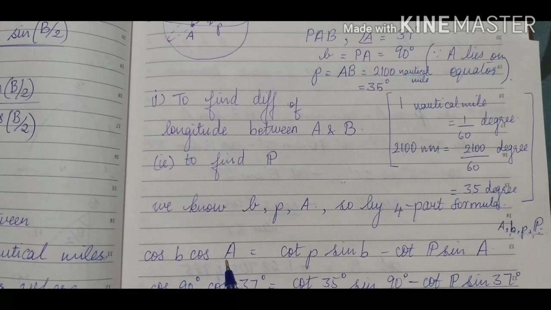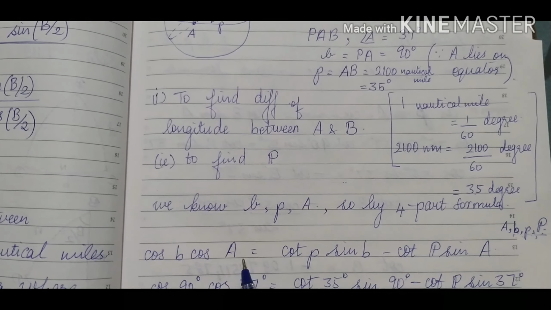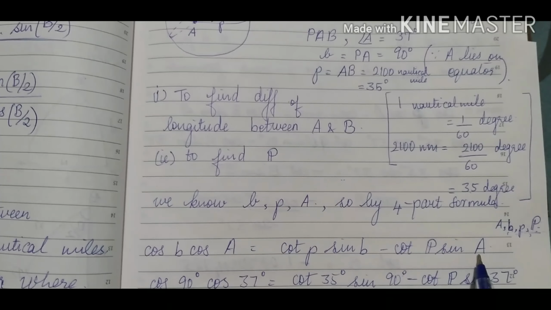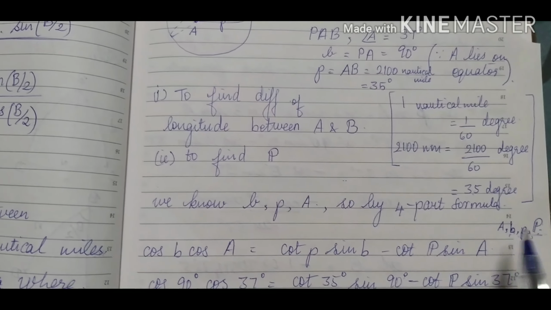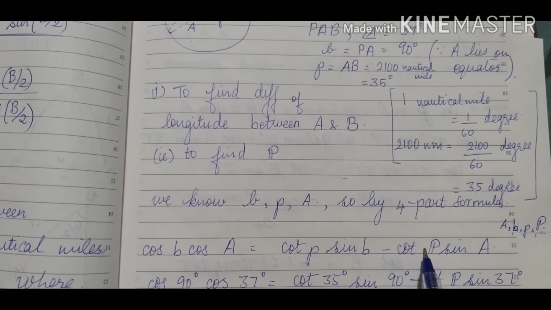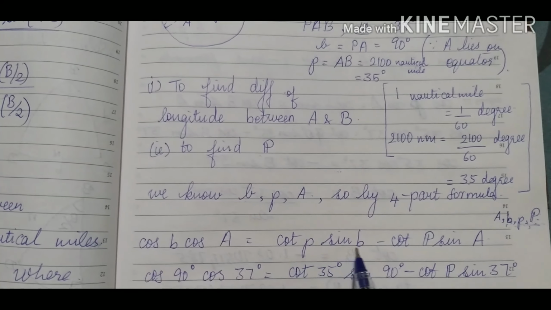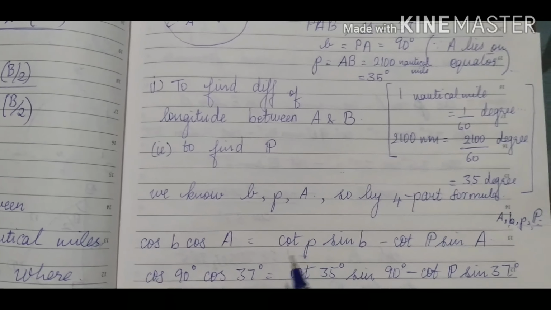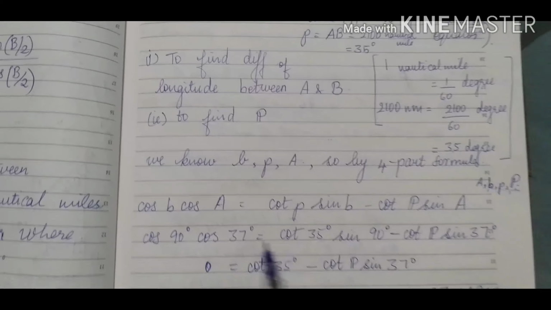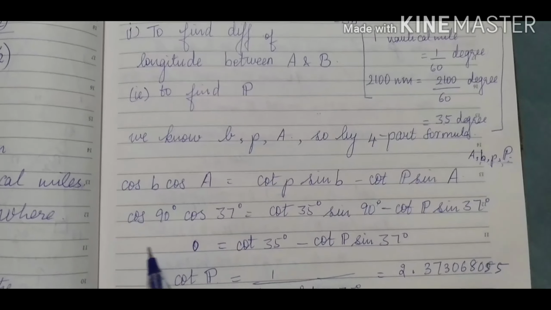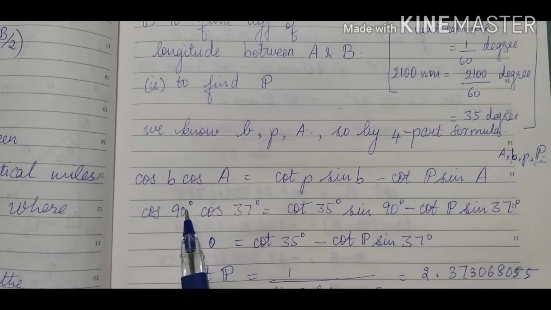So we have cos b, cos A to be equal to, on your right-hand side with the same letters B and capital A, you will have the sin B term, sin capital A. Next, consider this identical pair. You will write cot P into sin B minus, make use of this angle, so you will have cot P. The first term contains only sides, and the second term will contain only angles. Just now substitute the values which you know, and we can see here that cos 90 degrees is 0, so the left-hand side vanishes.